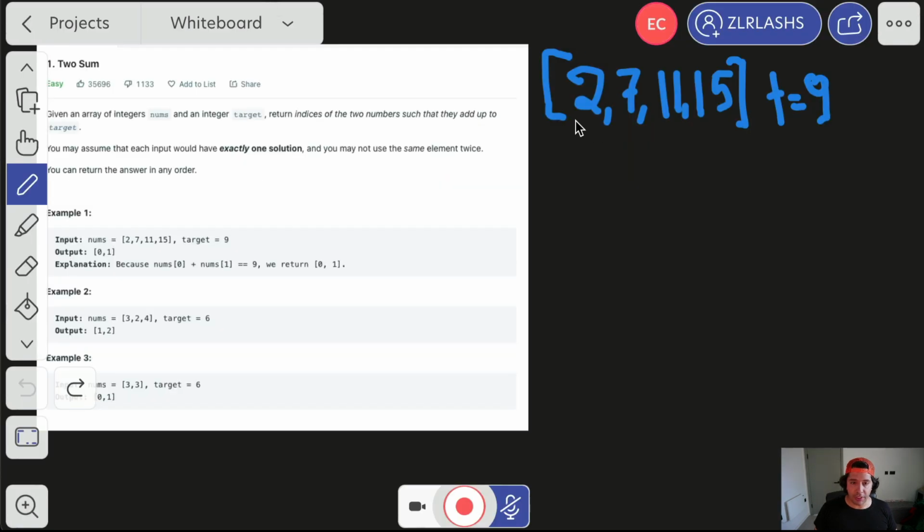We've got here 2, 7, 11, and 15 with target 9. So we need to return 2 and 7 as they add up to 9. Actually, we are going to return the indices, so 0 and 1. For the second example, we've got 3, 2, 4, and a target of 6. And we need to return 1 and 2 as 2 and 4